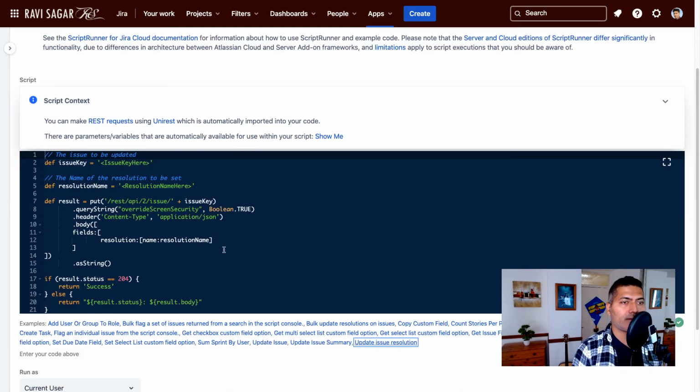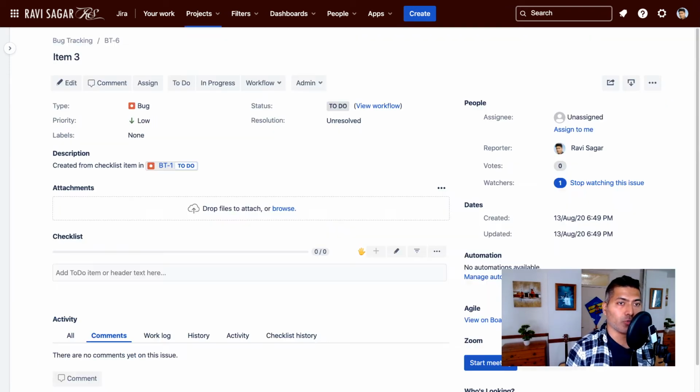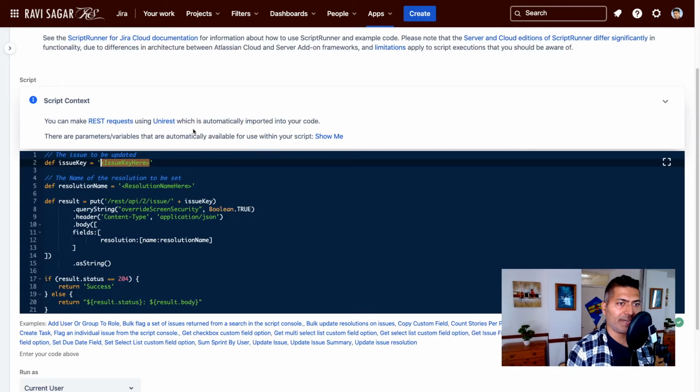I think this can be interesting. So as you can see here, the moment you click on it, you have this script that you can modify. Now, let us say you have to modify the resolution of a specific issue. So for example, you have this issue which is BT-6, which is right now with resolution unresolved. So let us modify this. Let us select BT-6,